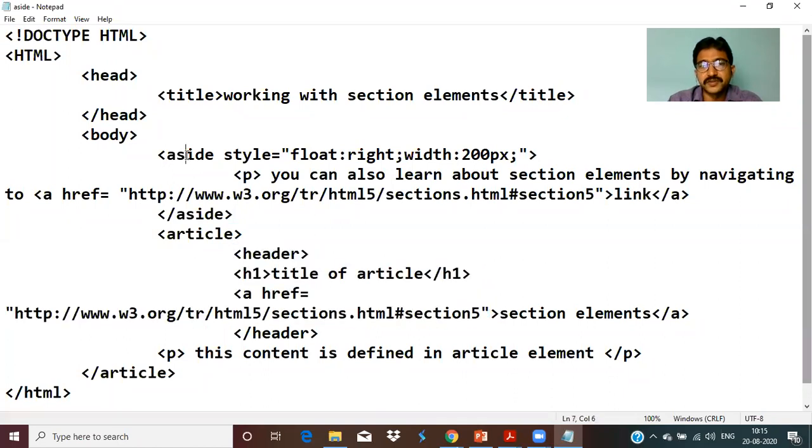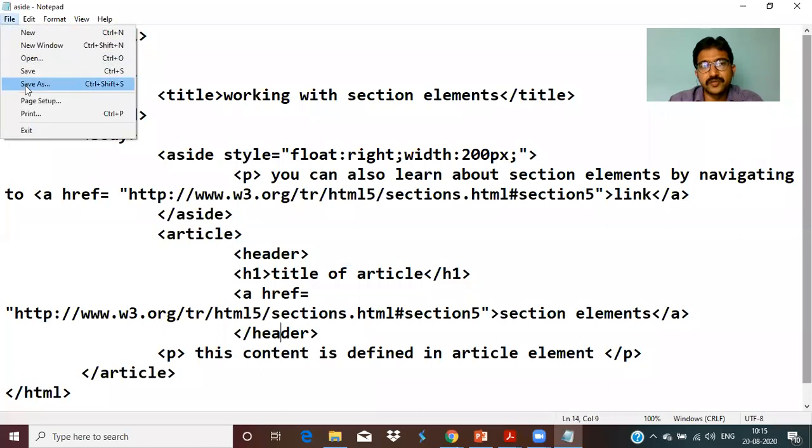So the purpose of aside is to display some content on the side. Article is displayed like in blogs, or we can use it to display in the form of blogs or forums. We can post all this. Now inside the article we are using a header. Now let me see how the output looks like.